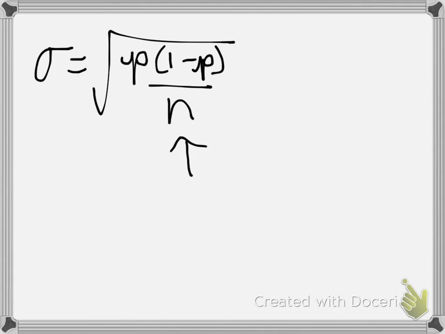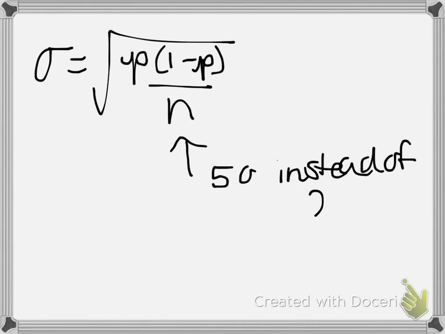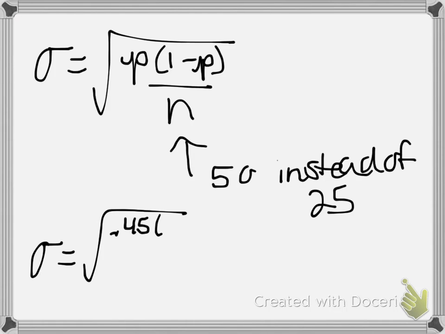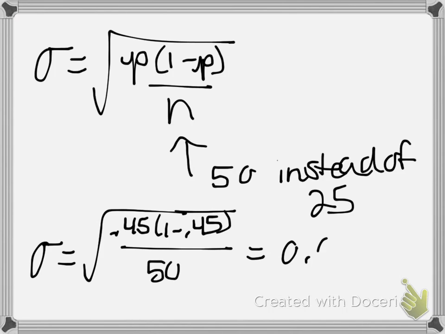If this n is now 50 instead of 25, we can actually compute it. When we find that, the standard deviation of 0.45 times 1 minus 0.45 divided by 50, your new standard deviation is equal to